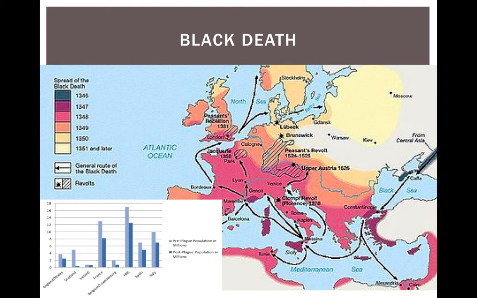So it does a lot of damage, and it comes in waves. It doesn't just happen all at once or spread slowly. It comes in waves and pushes and pushes and pushes to the edges of Europe. But you'll notice it gets tougher the farther north you go, because the climate's colder and it's not as good for fleas and rats to live and spread the disease.